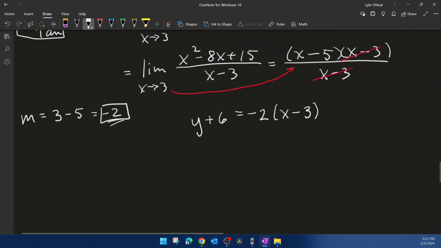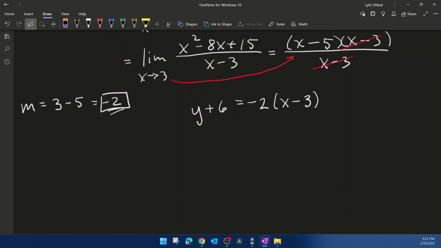And we're done. If you want the answer in point-slope form, but I would rather have the answer in slope-intercept